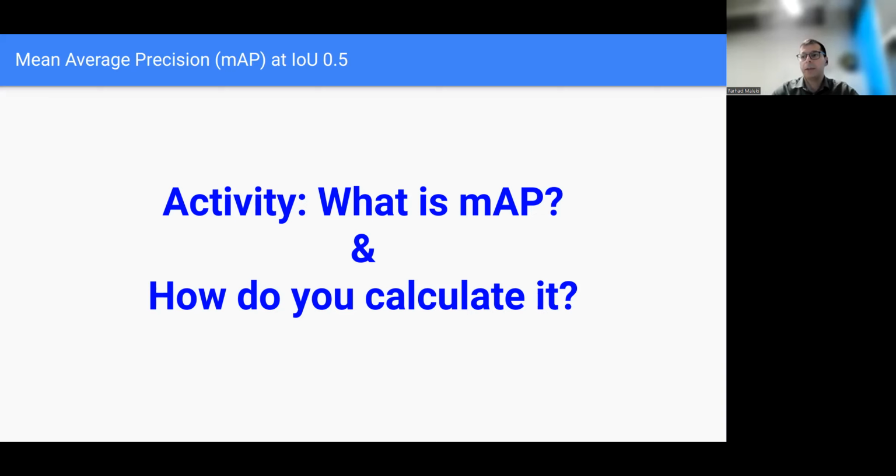So why do we need both mean and average here? Remember, even within a single image, we might have several bounding boxes, yeah?